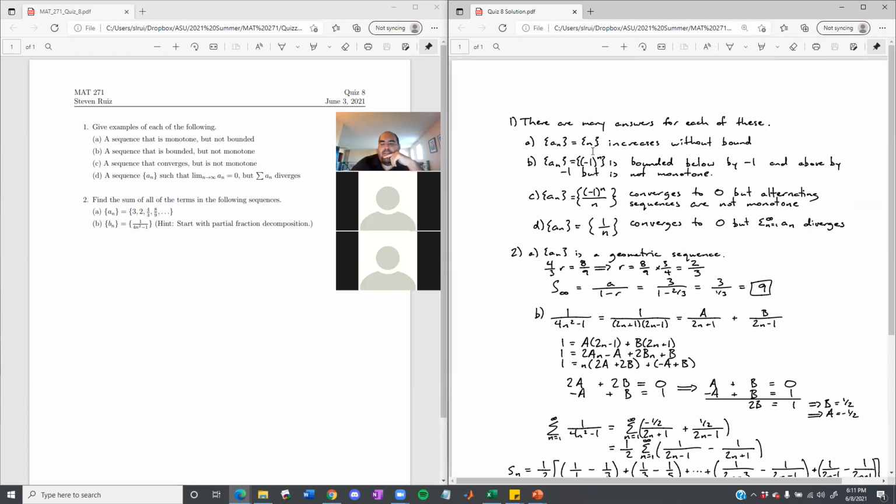A sequence that is bounded but not monotone. A lot of people also gave me that indefinitely alternating sequence. I think that's actually an example we did in here. A sequence that converges but is not monotone. Lots of examples for this, but this one: